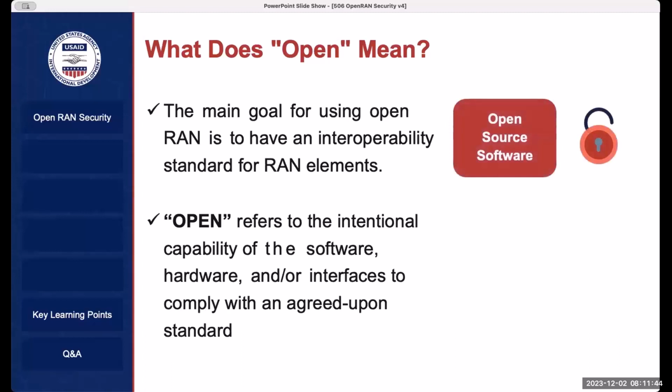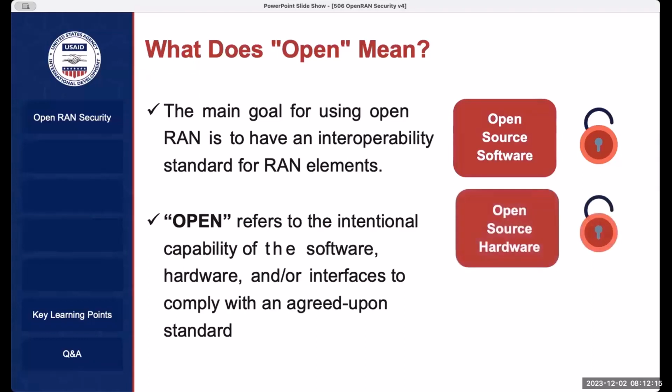So we would most likely be using open source software, but again, it does not necessarily mean that it could be only open source. Vendors of various components, or even end to end, if they claim that they are Open RAN compliant and they have all the parts, may use open source, and they would likely be using open source, but their proprietary code could also be incorporated there, which would mean closed source.